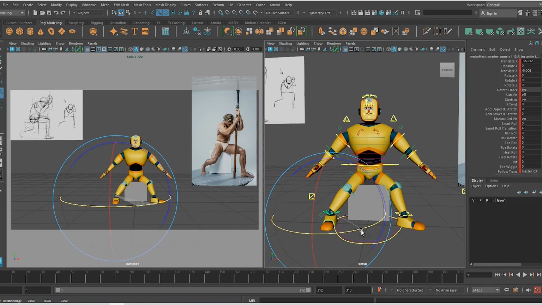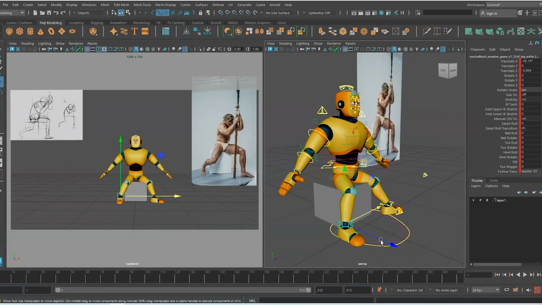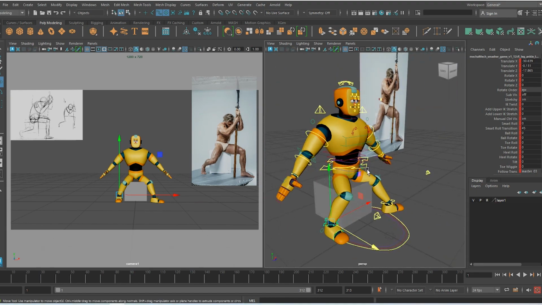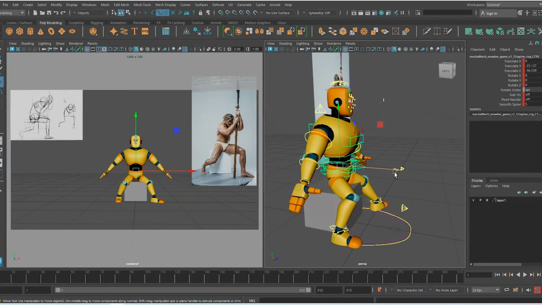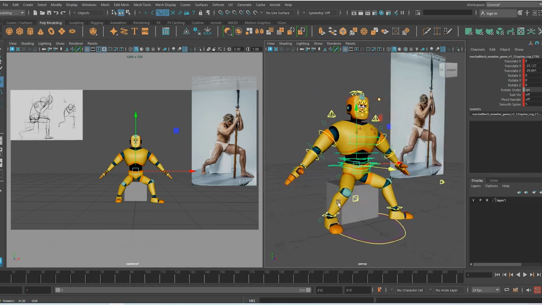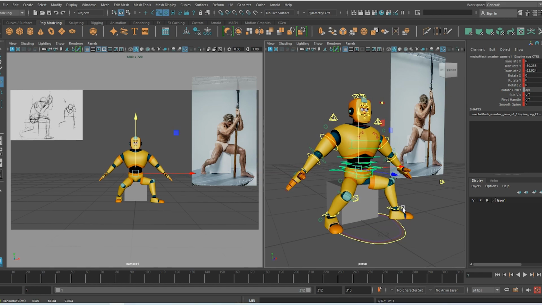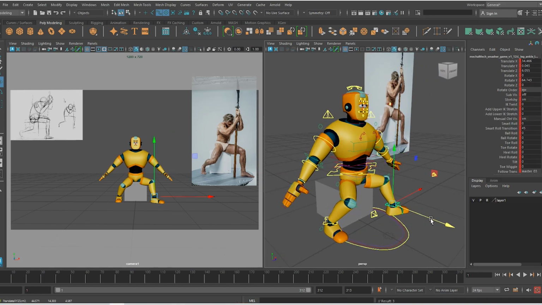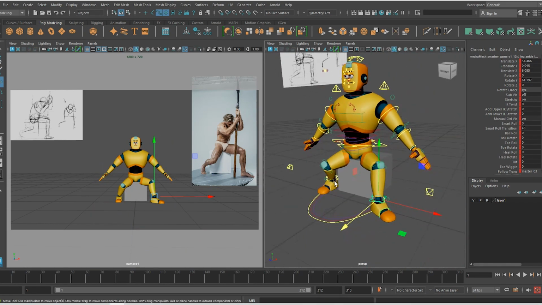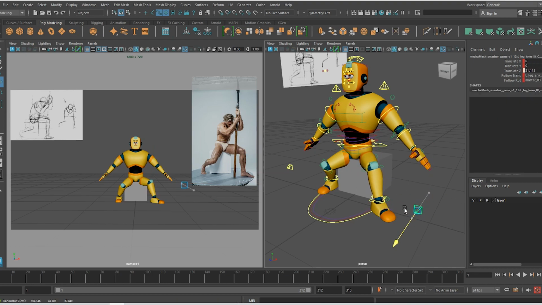and this foot I'll bring back here, okay, and slightly bring it back in that direction. So you can see I moved it in the Z axis, okay. So slightly I'll bring it forward, so you can see he is sitting at the edge of this box, okay, and bring the leg a bit forward. Slightly I'll rotate in this direction. You can see this angle of the knee, okay. So I'll bring it out,